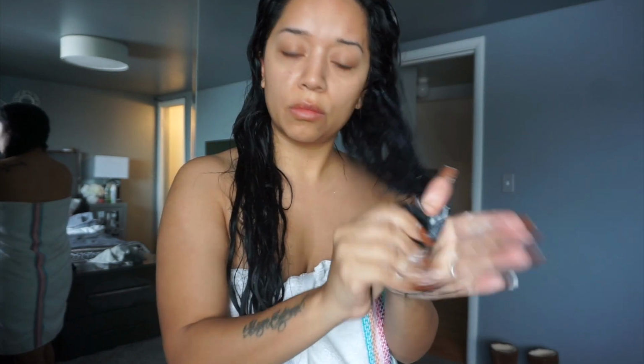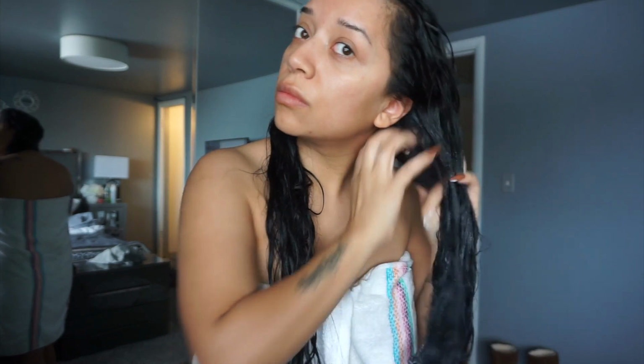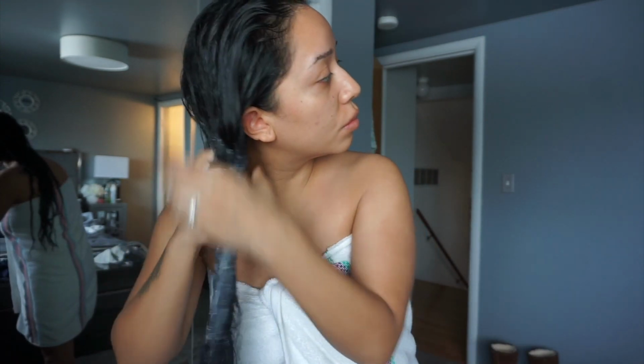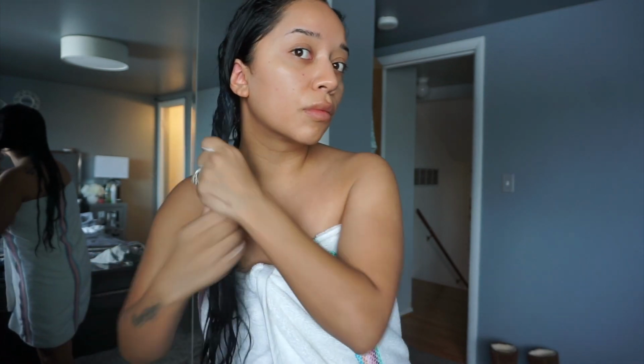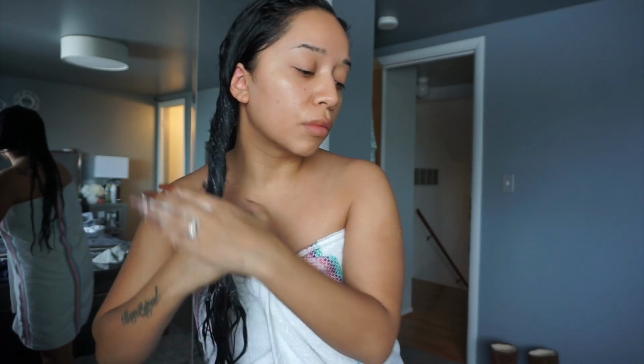So I lather my hair, you guys. I lather my hair with this mask. I do like to start off by the ends because obviously this is the part where it's mostly dry, and I do take a very generous amount and I just put it all over my hair. This is right after I get out of the shower, so my hair is pretty much wet, and then I'll